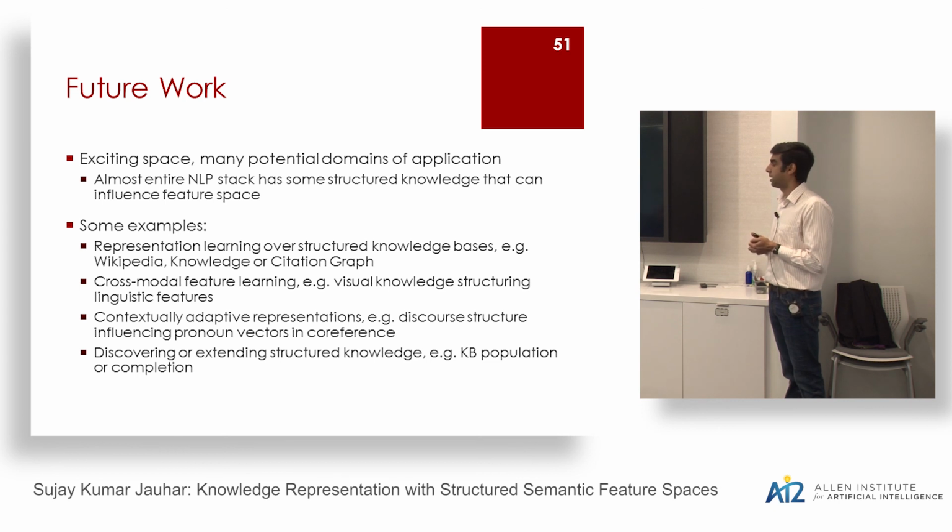I'm also interested in combining knowledge from vision and language. So using basically the structure of the real world and how that is represented in images to learn things like prepositions, for example. And then the third idea is basically to use this higher level discourse structure to learn features over things that might be interesting in coreference. So words like pronouns tend to be typically empty, and learning vectors for them from corpora doesn't really make much sense. Can we learn some sort of contextually adaptive representation which changes based on how you're dealing with a particular pronoun